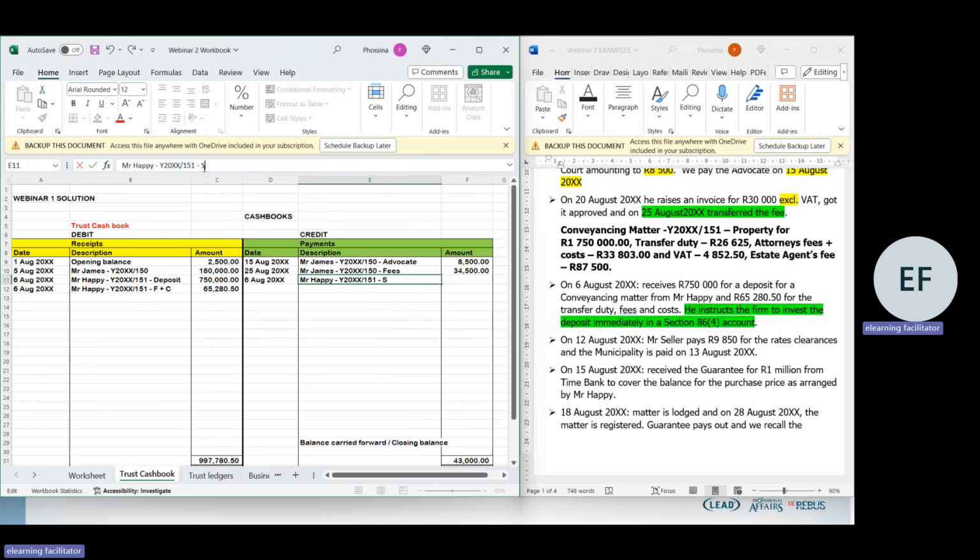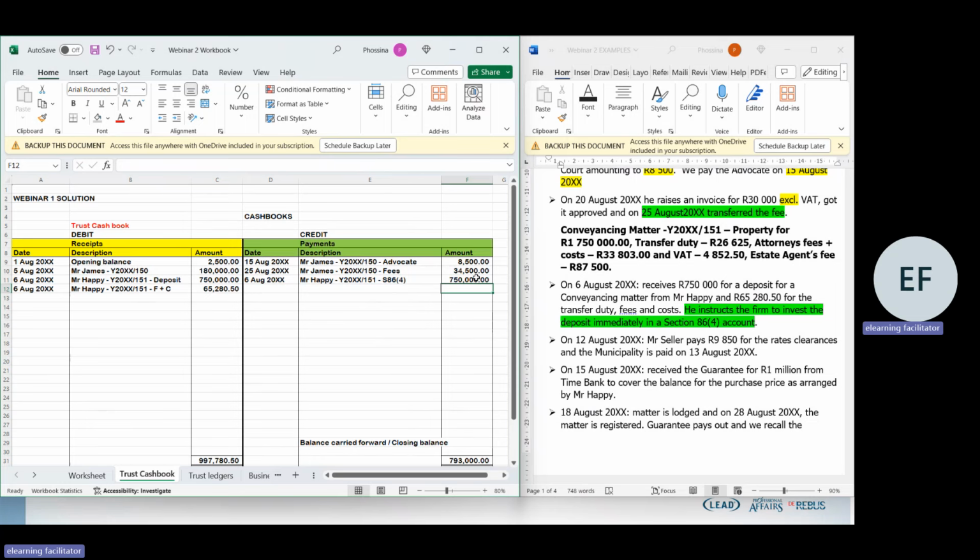Into a Section 86(4) account, just like that. And how much are we moving? 750,000. We are not moving everything, but we are just investing the deposit,